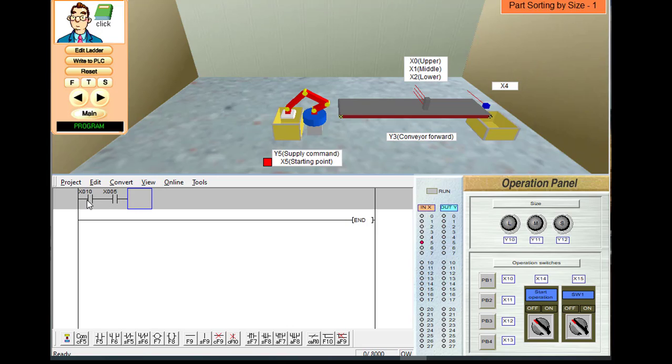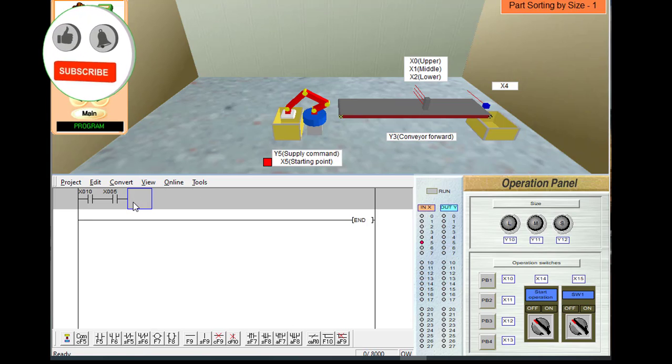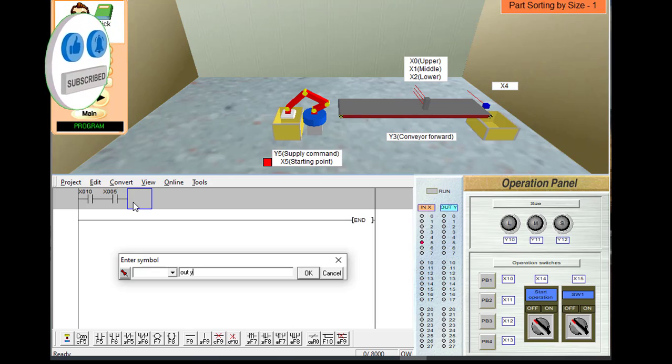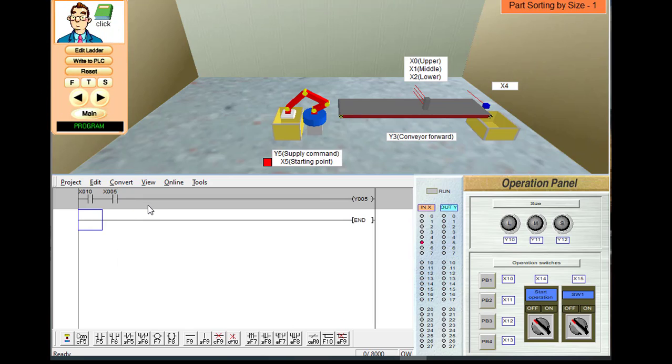If I press the push button and the robotic arm is at the initial position, only then I need to start the Wi-Fi. So I will start the Wi-Fi output. I need to latch this Wi-Fi output.